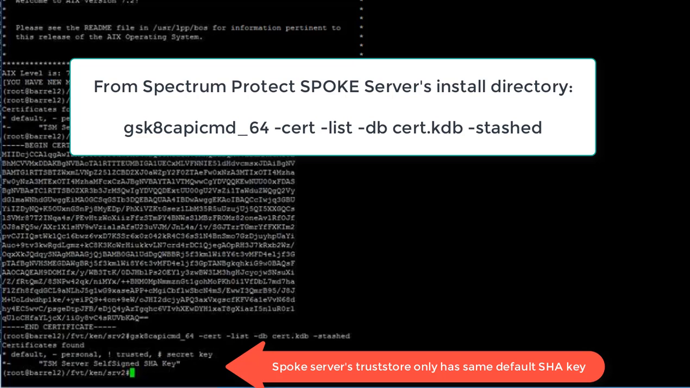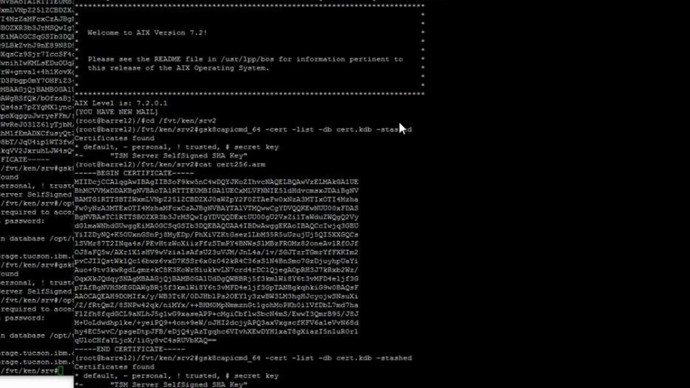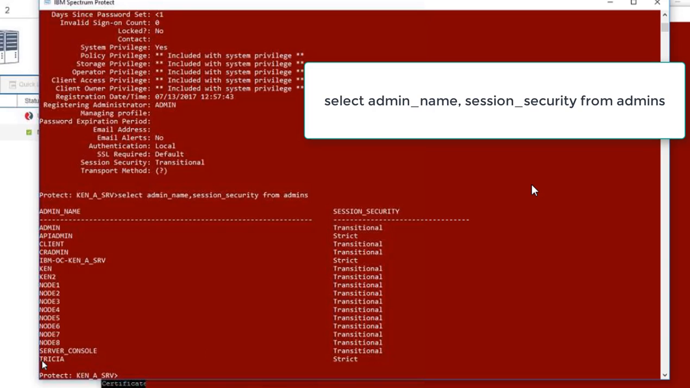It's still the same default certificate listed. So in order to add a spoke server, all we did was add that spoke server's certificate to the Operations Center's trust store automatically, underneath the covers. If we go back into the admin command line and issue select admin_name, session_security from admins, you'll